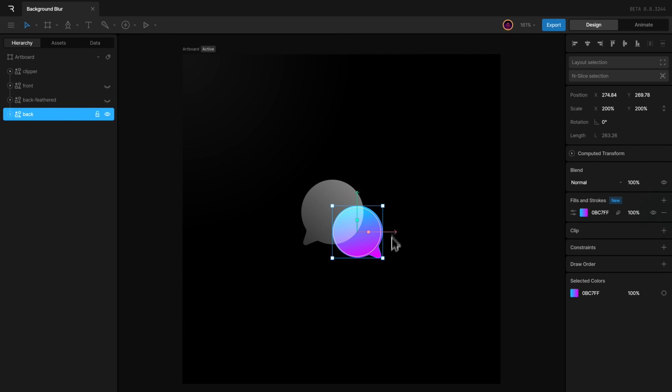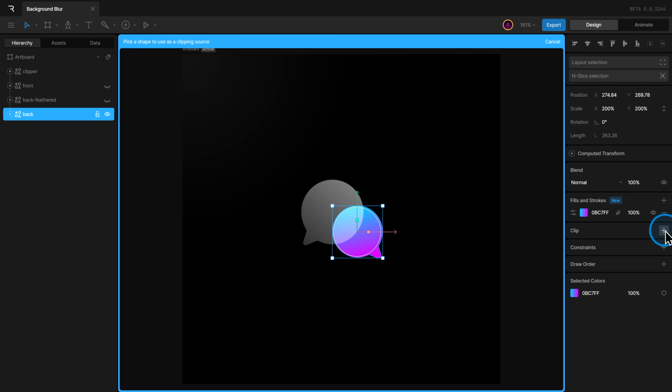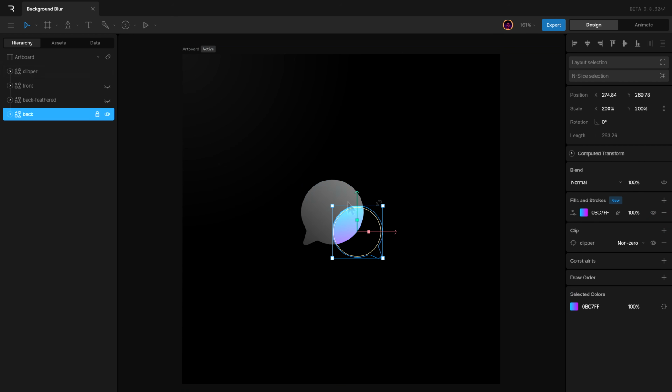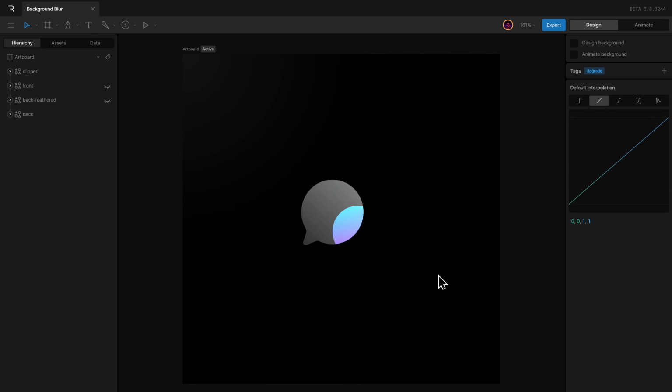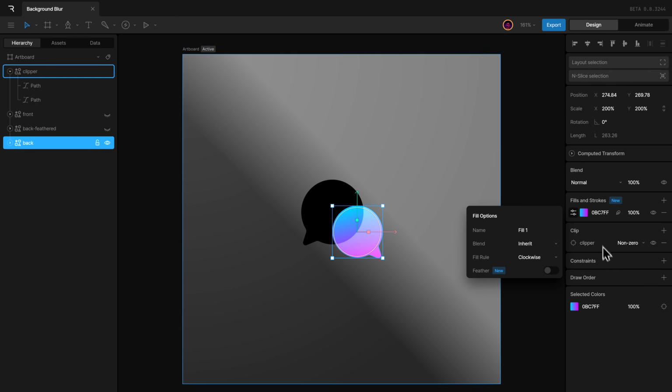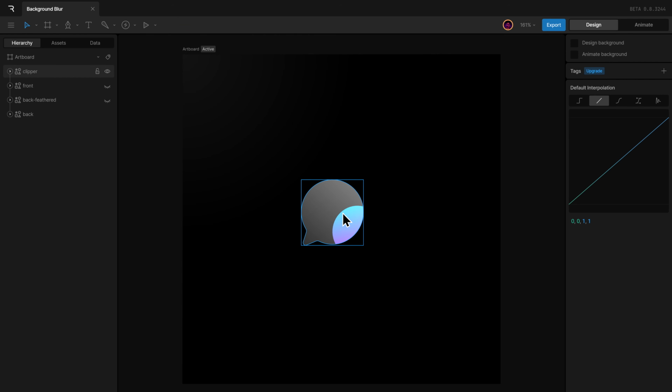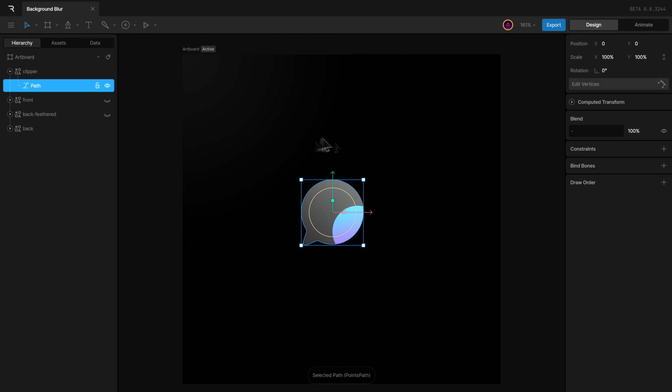Now, if I select the back shape and apply clipping and select the front shape, the clipper, as the target, it will be visible inside. That is the filled area. Now to get the opposite effect, we can simply fill the area outside of the chat bubble shape and use that as the clipper. To do that, I can go ahead and simply select the clipper and open the vertex